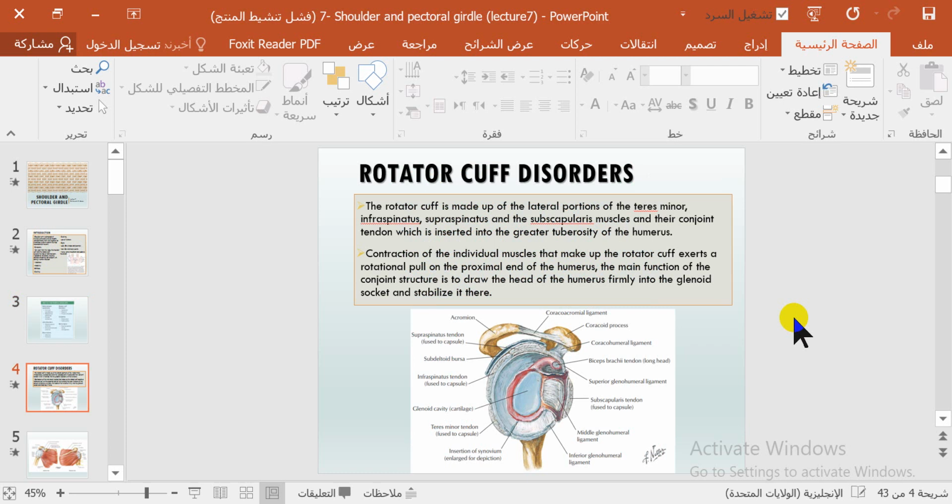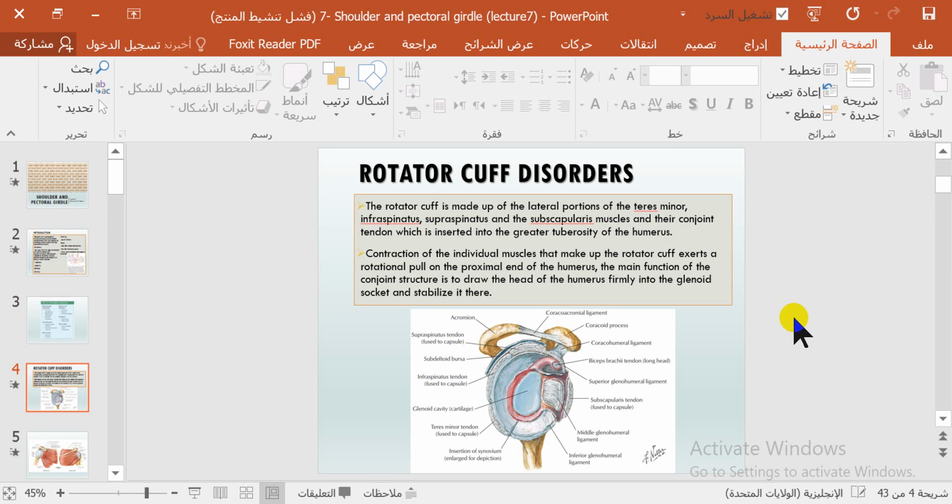We come to the specific lesions which we commonly face in our practice. First of all, rotator cuff disorder. The rotator cuff is made of teres minor, infraspinatus, supraspinatus, and subscapularis. All these four muscles form a conjoint tendon which is inserted into the greater tuberosity of the humerus. The contraction of each individual muscle that makes up the rotator cuff exerts a rotational pull on the proximal end